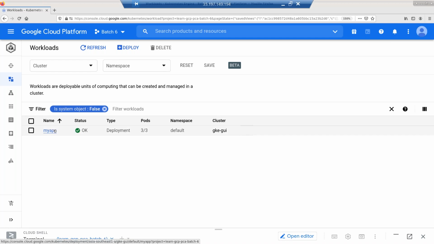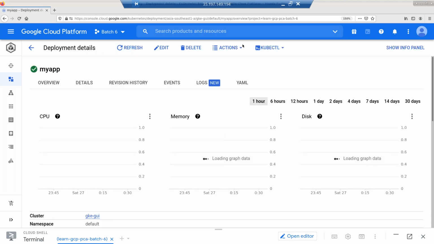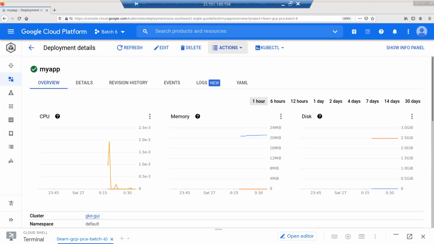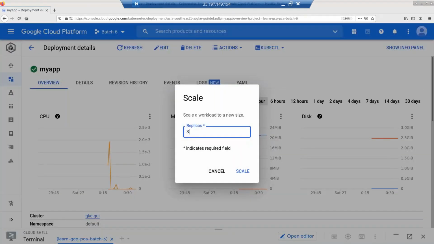In the UI, you click on that deployment and you have an option under actions. If I click on actions, you have an option auto scale. We'll talk later. So we have an option called scale. If I do scale, it shows the current number of copies which are running, replicas. So you want to make it 4, you do 4, or you want to scale it down, you scale it down to 2. So let's scale it down to 2, and you will see